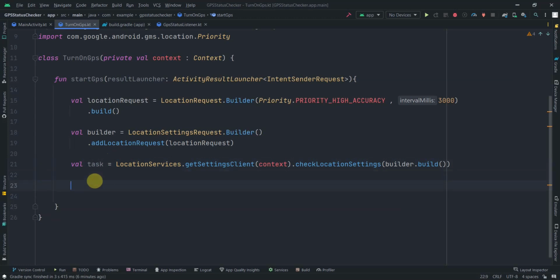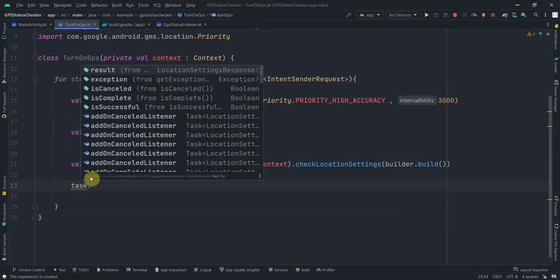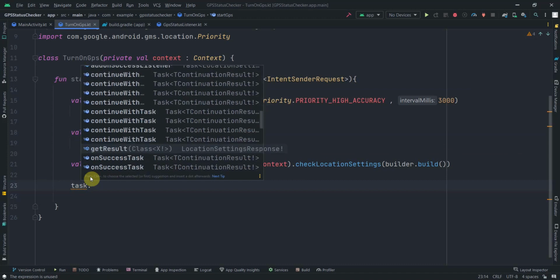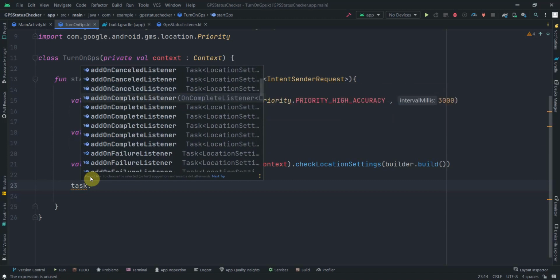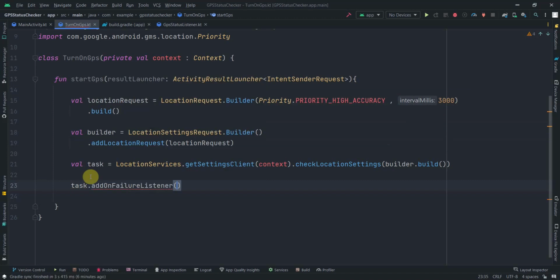So for that callback, what we can do with this task, we get few listeners which are addOnCancelListener, addOnCompleteListener, addOnSuccessListener, and addOnFailureListener. So you can play with all this, but for me I want this addOnFailureListener, as our topic is just to turn on the GPS if it is off. So when the GPS is off, this addOnFailureListener will get triggered, and what we can do here,